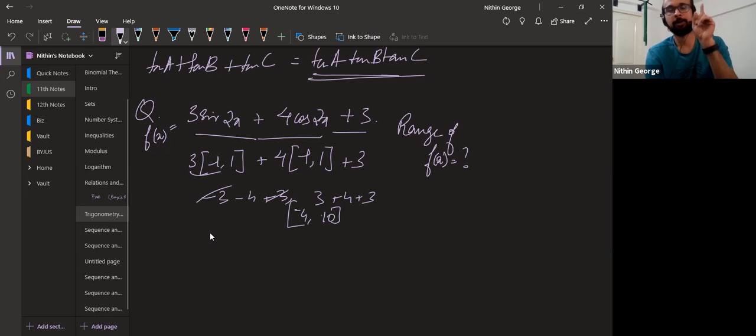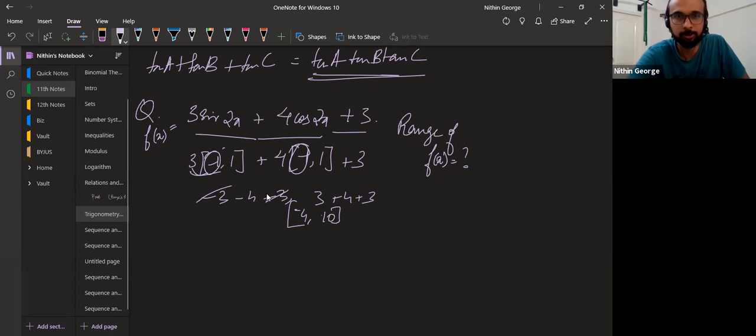Okay. All right. Look, there's a caveat here. This is not correct because you're assuming a minimum value. In the first case, you say sine 2x is minus 1, and then you say the minimum of cos 2x is also minus 1. That is true. But can both be minus 1 at the same time? That doesn't happen, so that actually restricts the range. You got minus 4 to 10, but the actual answer is within that. You're getting a wider range because of this method.